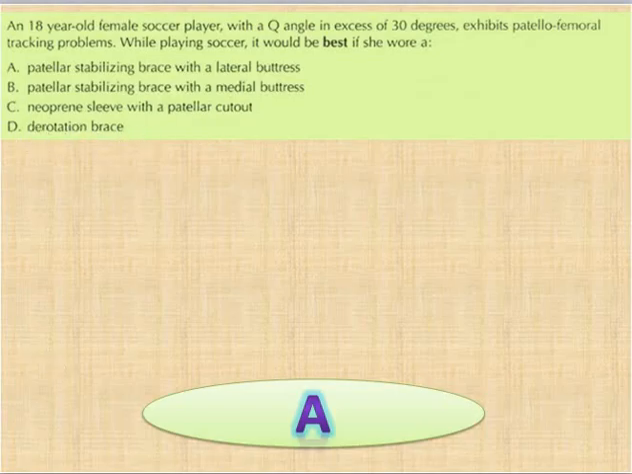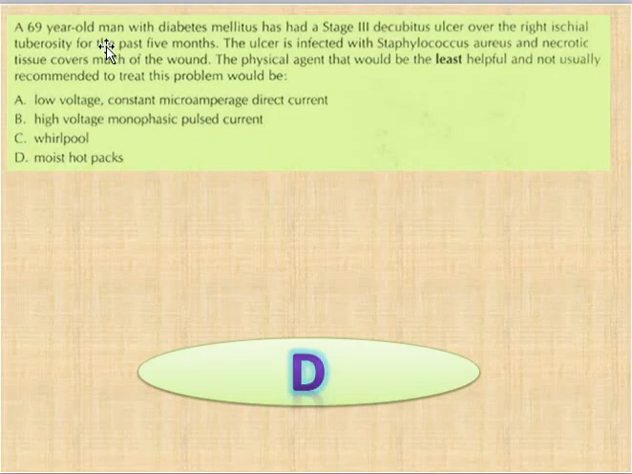And the correct option is option A, patellar stabilizing brace with a lateral buttress. And the next is a 69-year-old man with diabetes mellitus who has had a stage 3 decubitus ulcer over the right sacroiliac area for the past 5 months. The ulcer is infected with Staph aureus and necrotic tissue covers much of the wound. The physical agent that would be least helpful and not usually recommended to treat the problem would be option A,